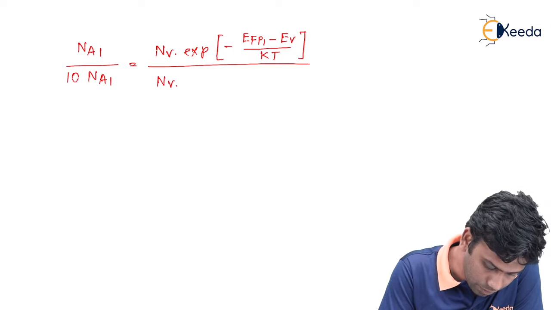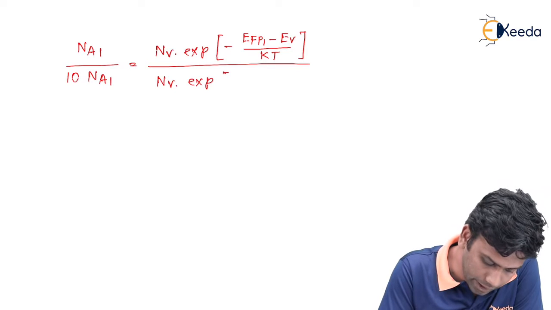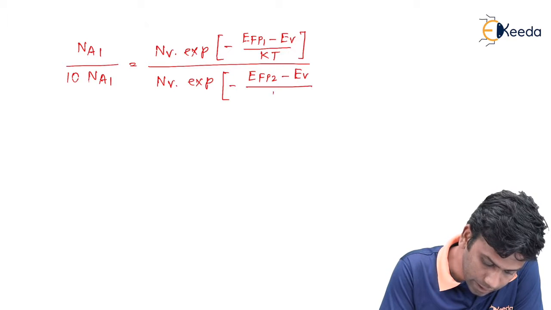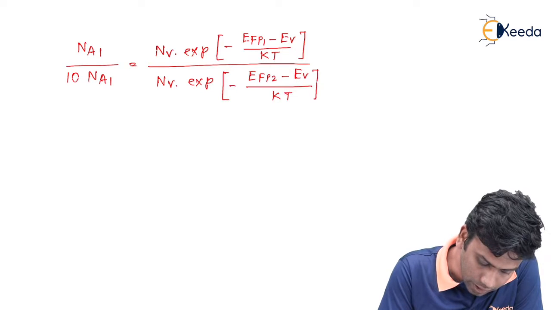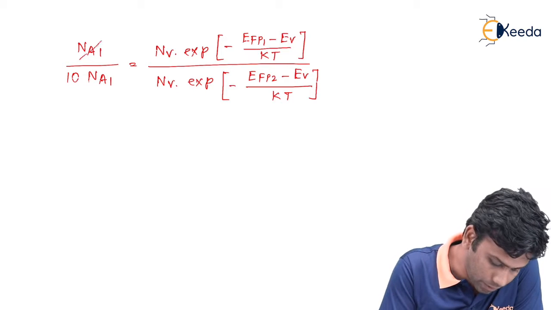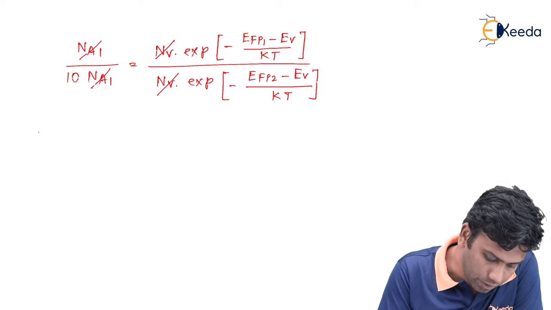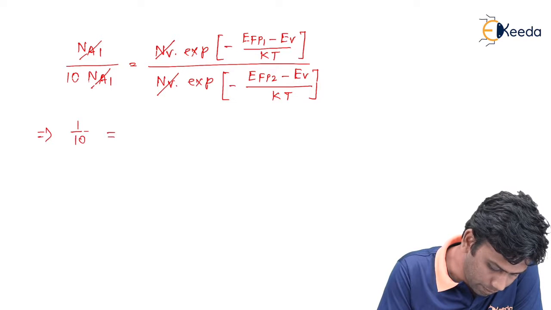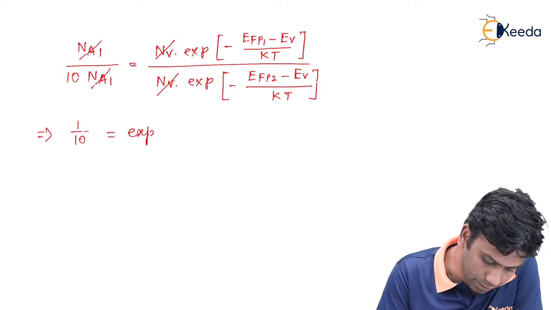So here in the denominator will be also equation 2, exponential minus (EFP2 minus Ev) divided by kT. Now this Na1 will cancel with this Na1, and this Nv will cancel with this Nv. So we will get 1 by 10 is equal to